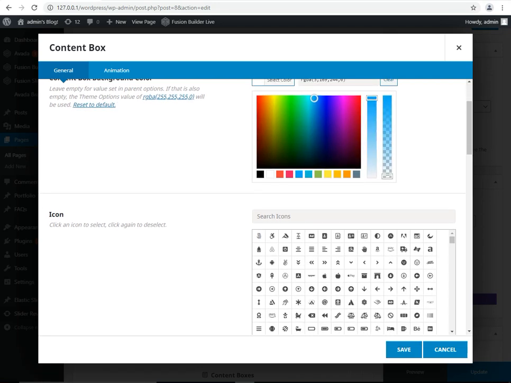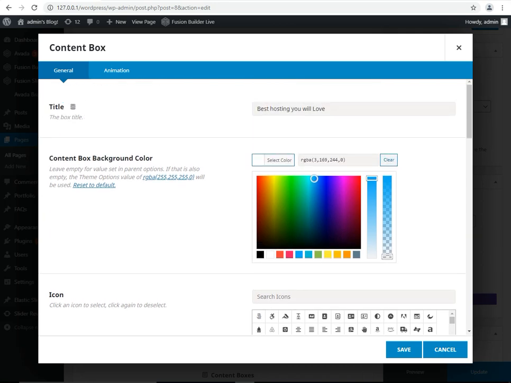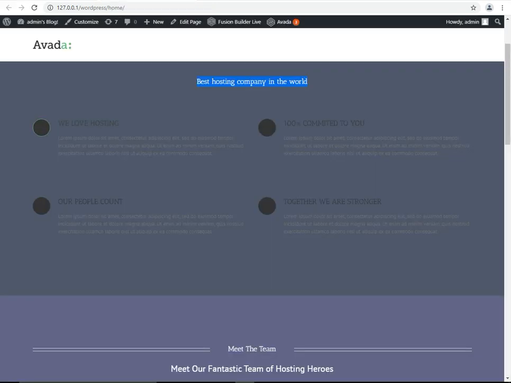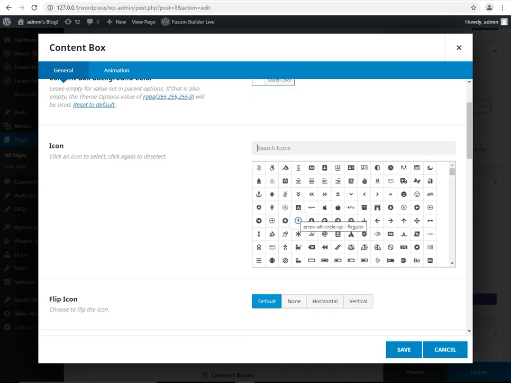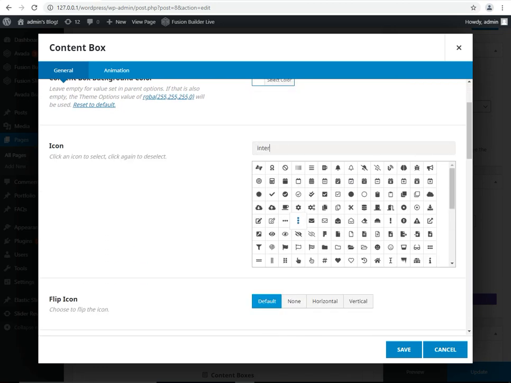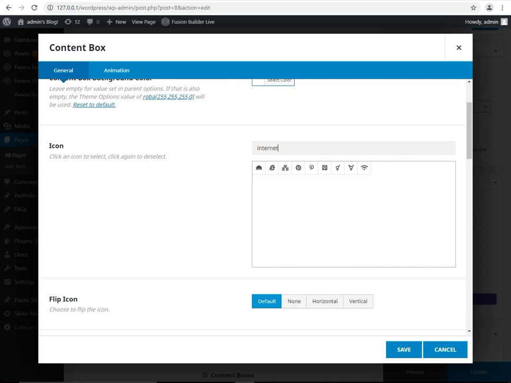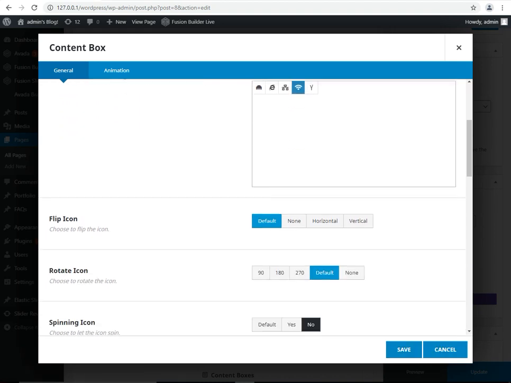You can also set the icon for this heading. We are going to add some icon, a search icon like internet, because our product is relevant with internet. We are going to add this signal for this. Flip icon default,